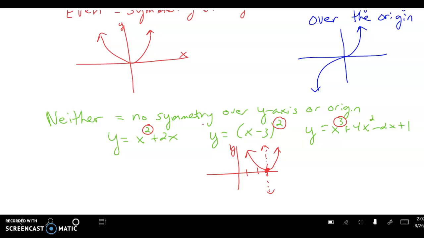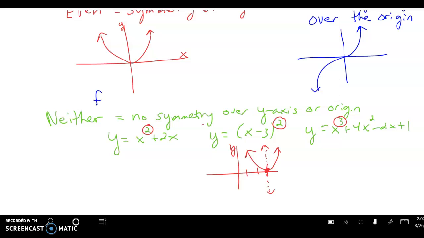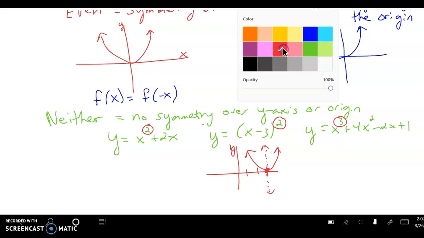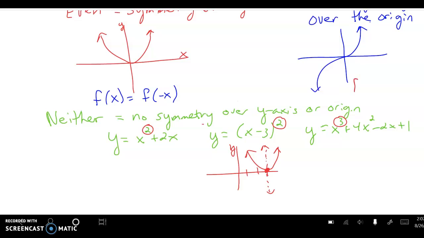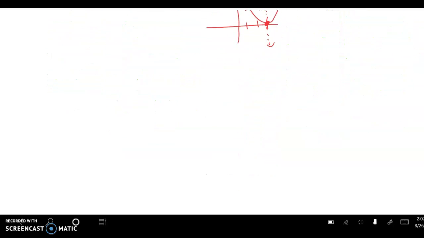For even functions, we have to make sure that f of x is equal to f of negative x. And for odd functions, what we have to make sure of is that f of negative x is equal to the opposite of f of x. And we'll explain that in a moment. So we're going to go down and we're going to show you some proofs. So the first example,